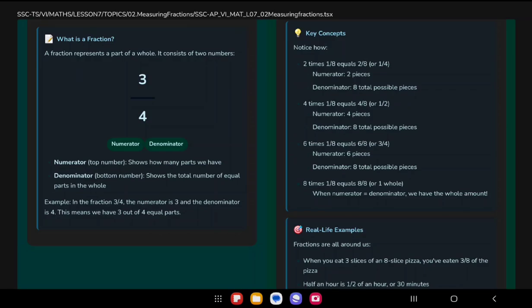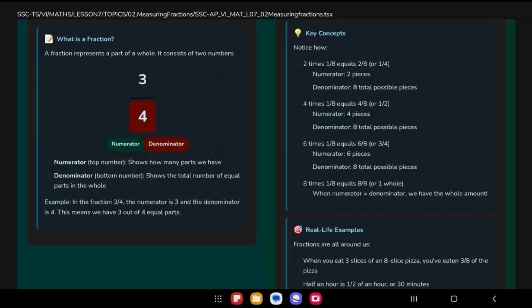What do we actually mean by a fraction? Its definition: a fraction represents a part of a whole. Okay, a whole thing which we are dividing into some equal parts. Okay, so that we are going to be selecting, and that will represent our fraction. Now in this case, you can see we have a fraction that is 3/4. We are going to be calling it 3/4 or three-fourths. All right, so the numerator is the top part, that is 3 here. Okay, you can see it is highlighted when I click it, and the denominator is the 4 that is on